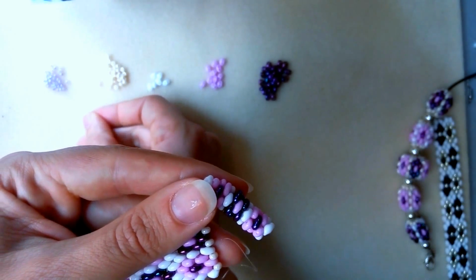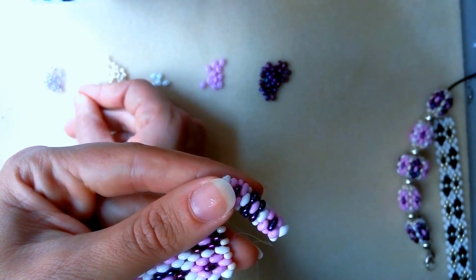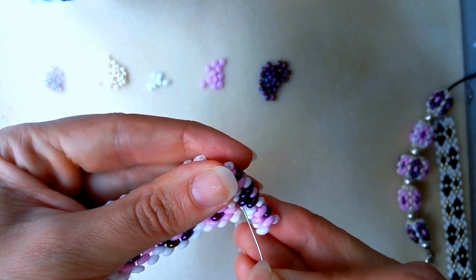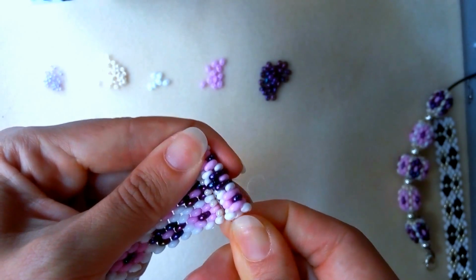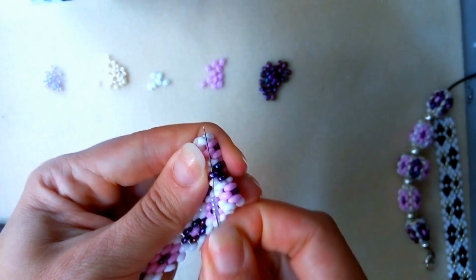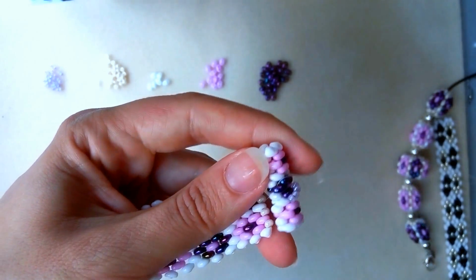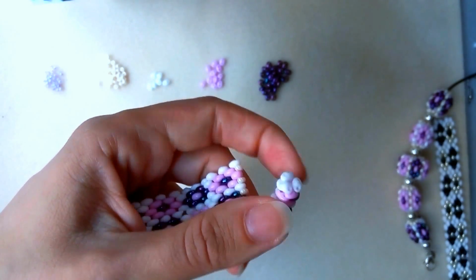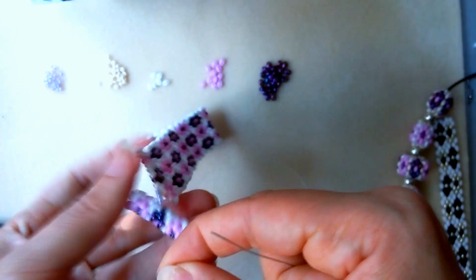So I will take 4 of these 10 seed beads and I will choose here in the middle a place to go through. For example, I'm going through this bead here, like that. Here it is. And after I do this,